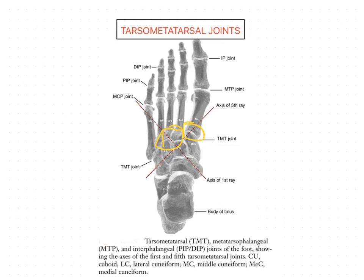Okay, next, the bases of fourth and fifth metatarsals join with that of the cuboid bone. Here you can see the cuboid bone articulates with the fourth and fifth tarsometatarsal joints. And these two joints also share a common joint capsule. So these two, fourth and fifth, are sharing a common joint capsule, and small plain articulations exist between